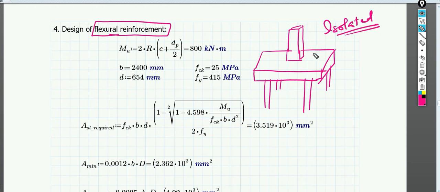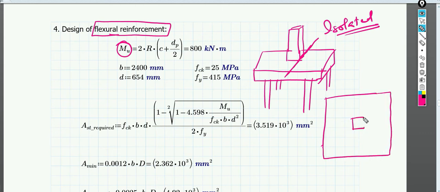Now if you remember, while designing for isolated footing, the moment is basically calculated at the face of the column, right? So similarly here also we have to do the same thing. You have to find out the moment at the face of the column. If we see the plan, we have a pile cap, a column over here, and four piles of 300 mm dia, and we denoted this as C, which is the clear distance C. dp is nothing but the diameter of the pile.